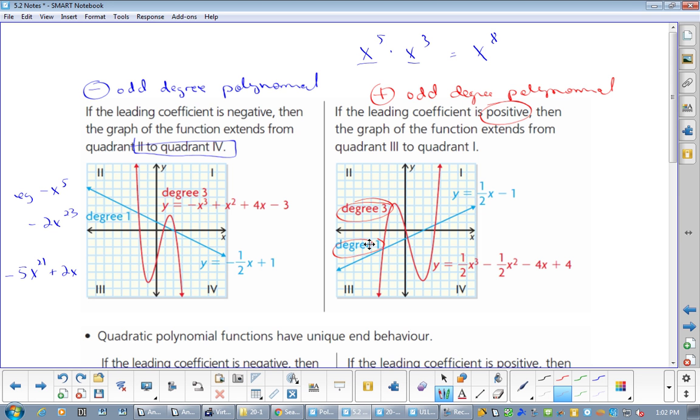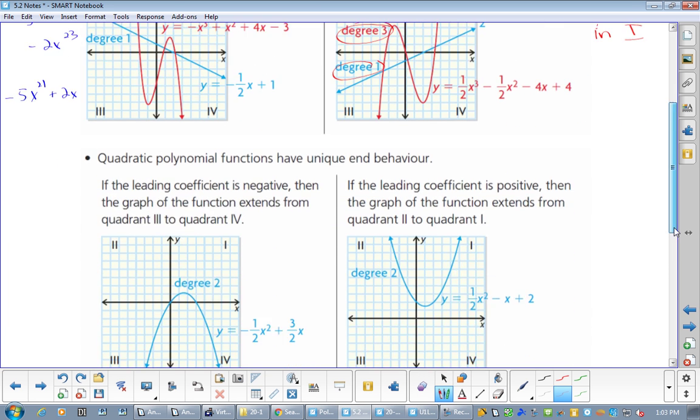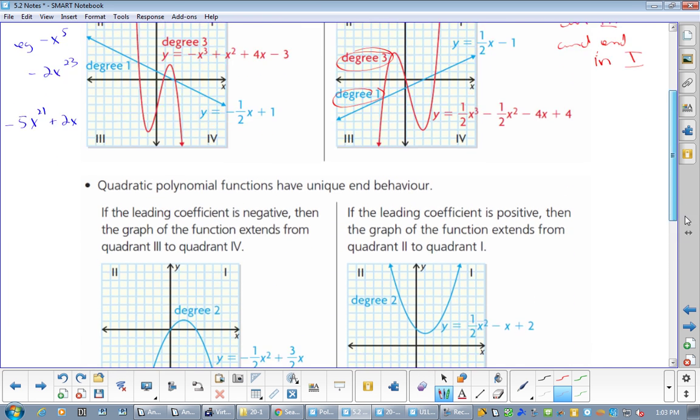And they will all start in 3 and end in 1. And you would be here for the rest of your life trying to find me an example that doesn't work. Okay, that's a pretty good rule. Okay, now, next we're looking at